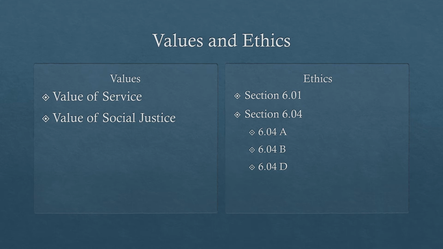So these children, without working, are not going to be able to achieve their basic needs for life. They're probably not going to be able to have food, proper clothing, and housing. So it's our job to try to fix this problem so that they can have all those things. The second section that we highlighted that would apply to the issue of child labor is 6.04, and there are 4 sections, and we chose A, B, and D because we felt that C didn't really apply.